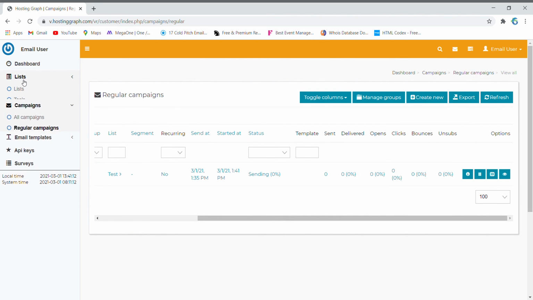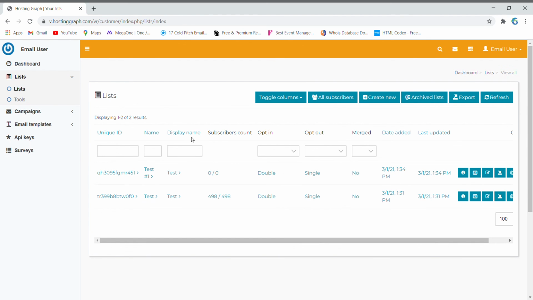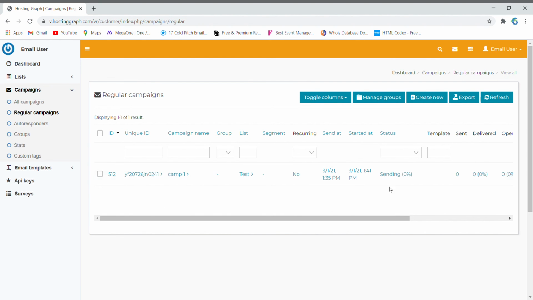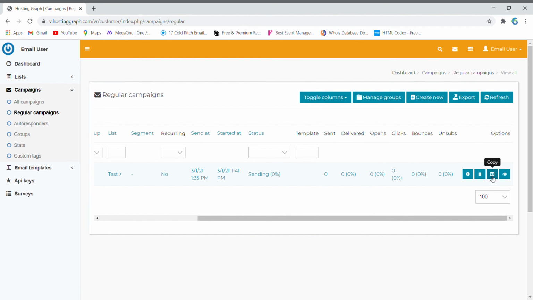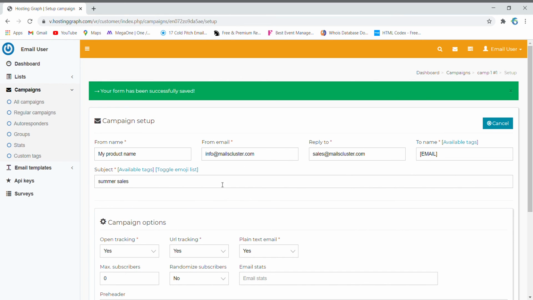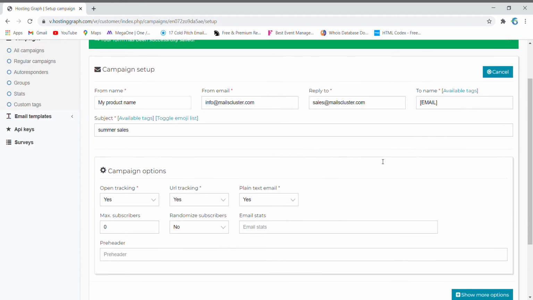But all you have to do is follow all these steps. First you have to create an email list. After that a regular campaign, or if you want to copy one, just simply copy and select your list, whatever list it is. Like I'm selecting list 1 for my another campaign. Now save and next. You can change your settings here, preferred name, your reply address, everything.